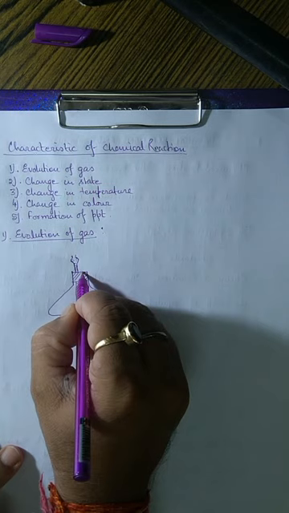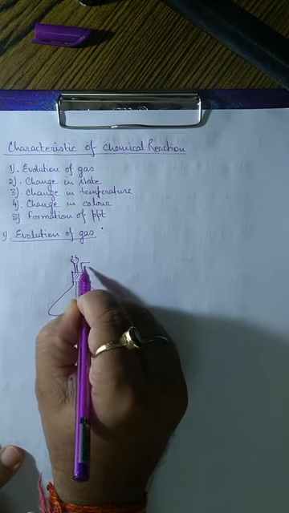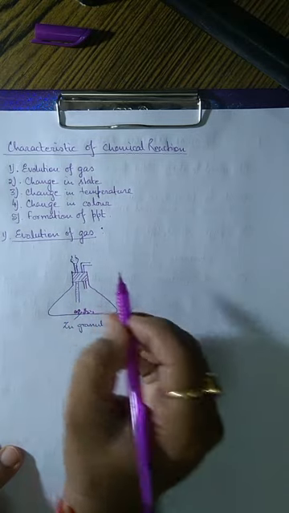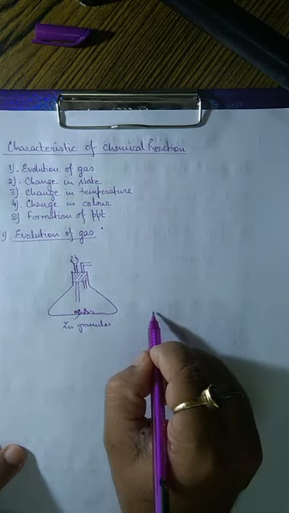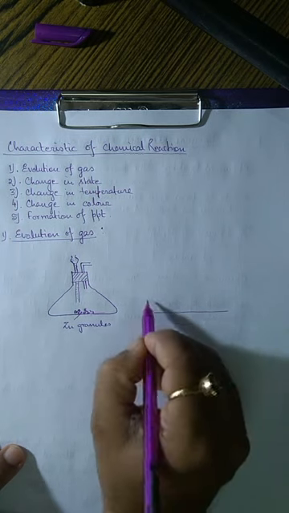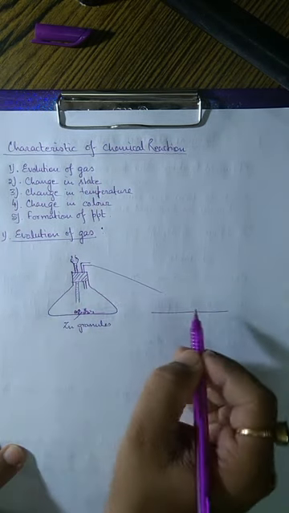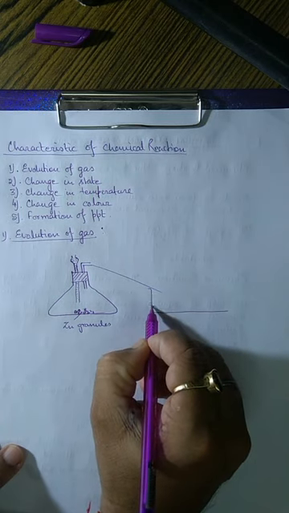And the second hole is for the delivery tube, which moves into another container, or we can say the beaker here,